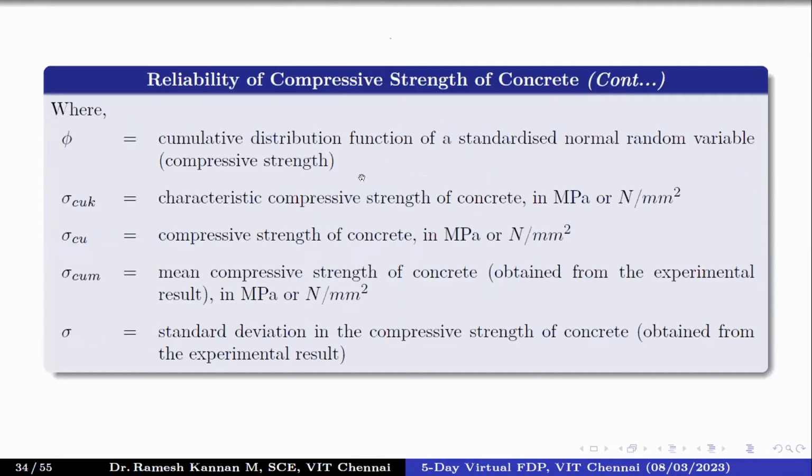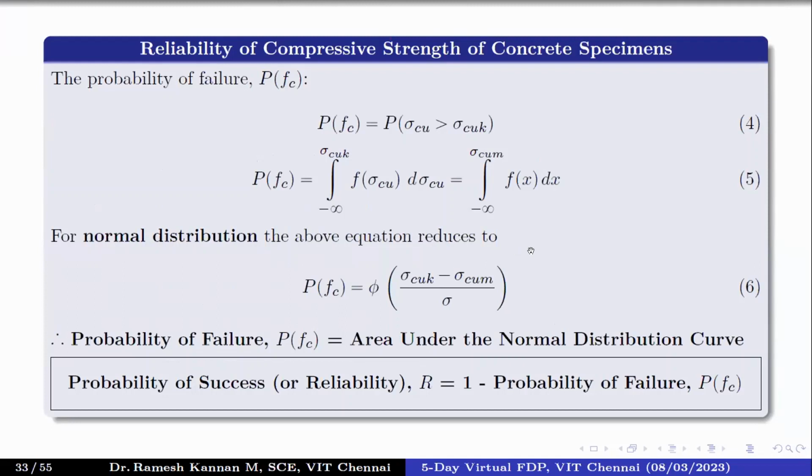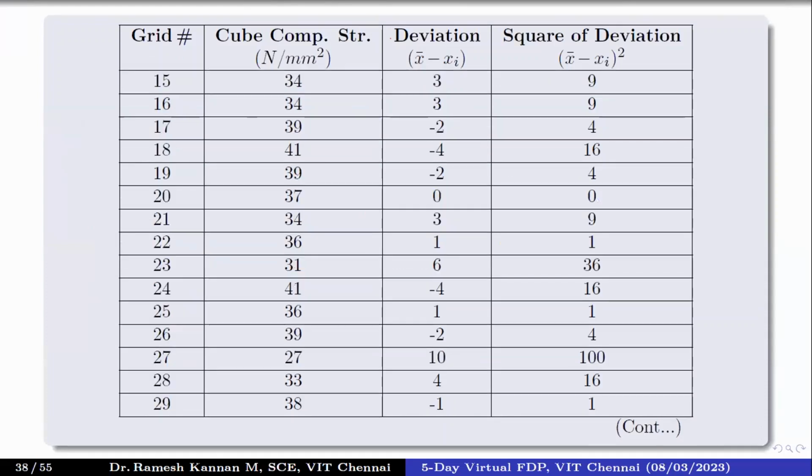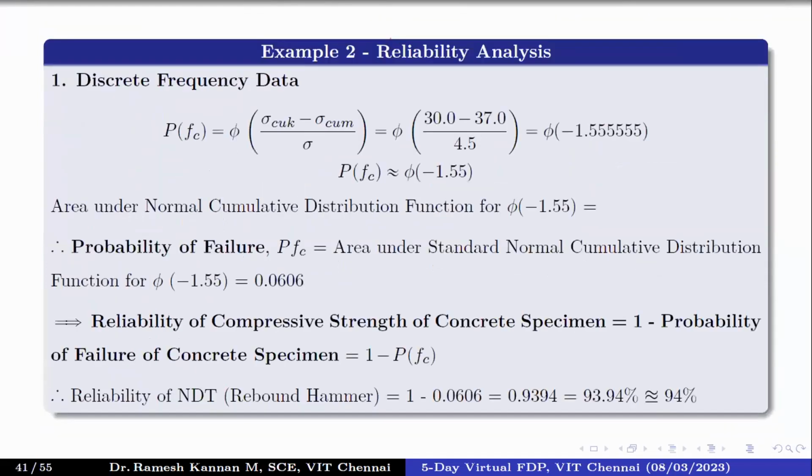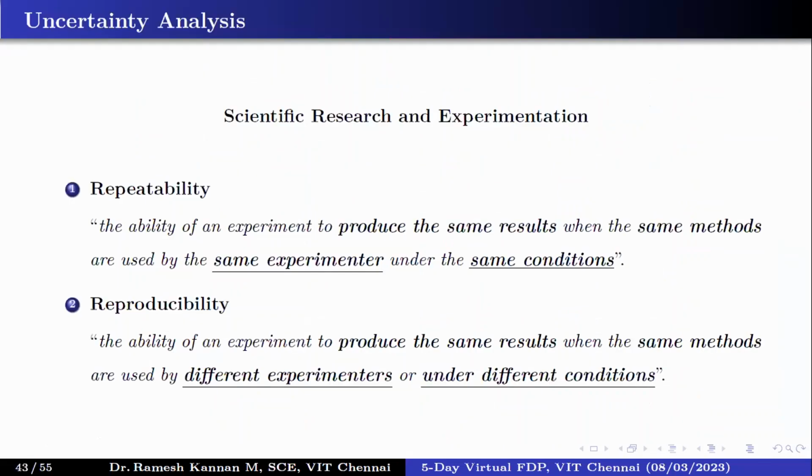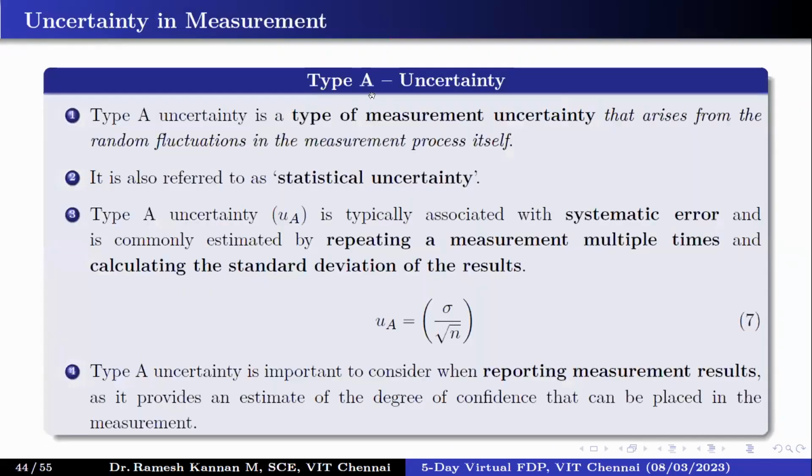As I told you, reliability can be a key takeaway for you today. The other factors, like non-experimentation factors, also matter in terms of uncertainty. So first we'll talk about type A, which talks about the experimentation uncertainty. It is also known as statistical uncertainty because we'll be looking into statistical parameters like sigma and the mean and so on, right? And it is basically a systematic error that you will encounter when you do the experiments.